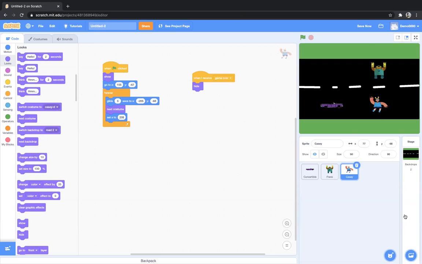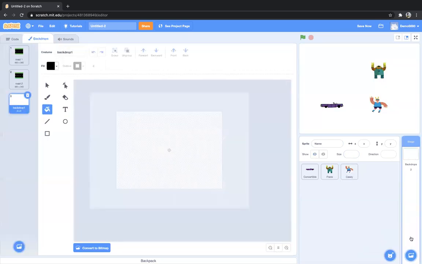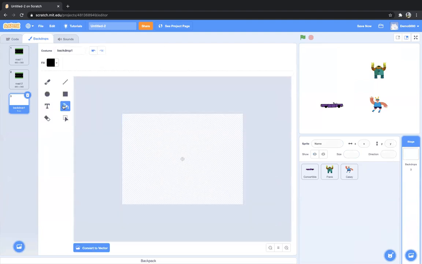So we'll go to backdrops here again. Let's go to backdrop and then click on paint. Now let's make one more backdrop saying game over. Let's choose some color first from this palette.